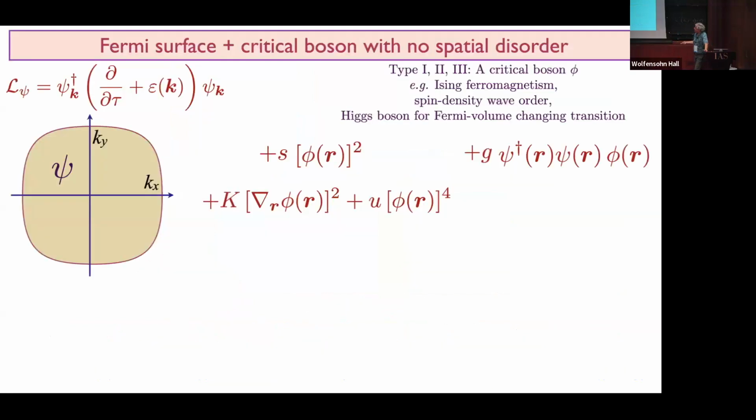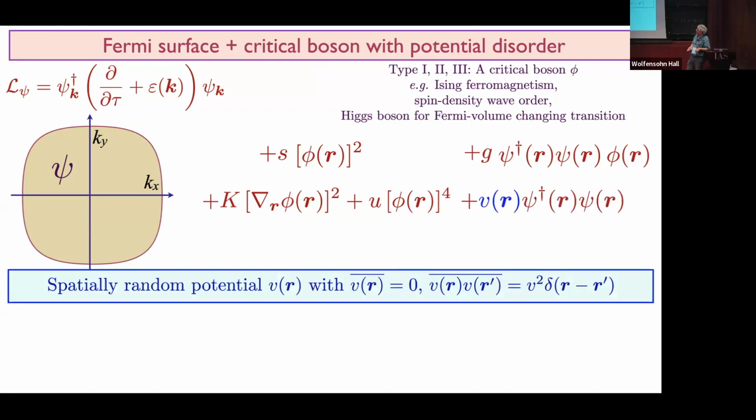Okay, we're going to take this theory. This is for type 1, but very similar things work for other types, and put in some impurities. The most common type of impurity, which is what the entire theory of metals is based on, is the potential scattering V of R. So you take some random function V of R, which is spatially zero on average and has some delta function correlation. If you take this theory, you get the Drude theory of metals, the oldest theory in solid-state physics,